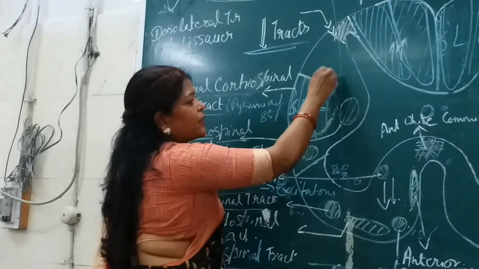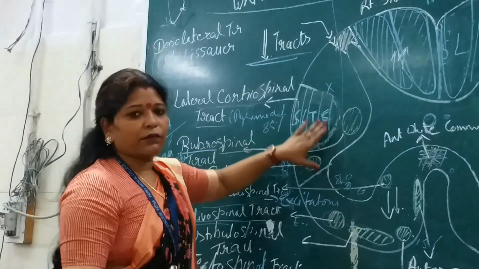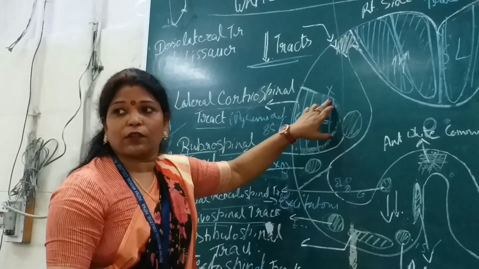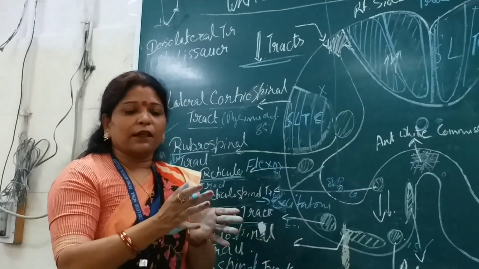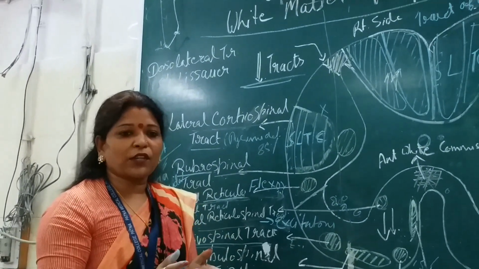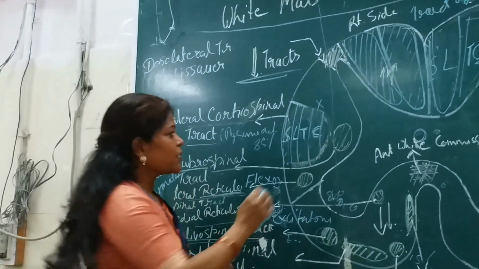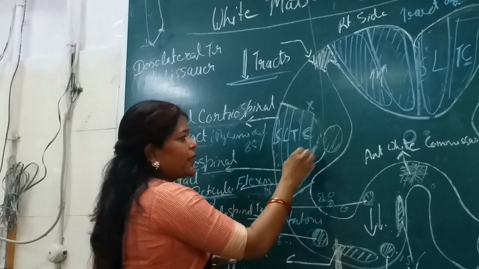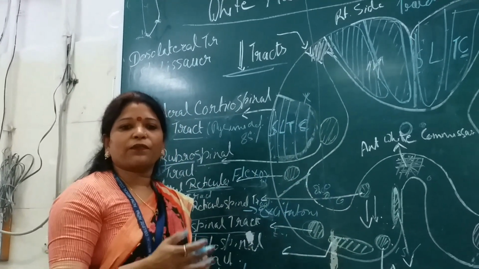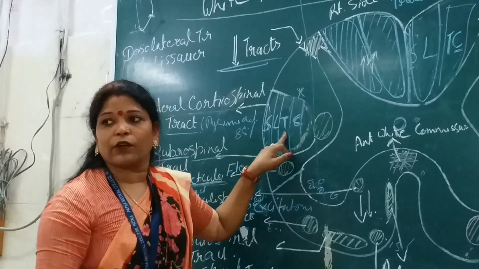Suppose there is a lesion here in the tract, on the medial side. What are the fibers, and what would be the involvement in the motor function? Which area will be involved for its motor function? If it is occupying the cervical and the thoracic area, then the motor function of the cervical and the thoracic region will be